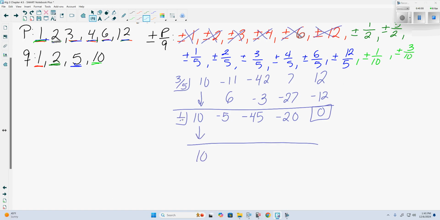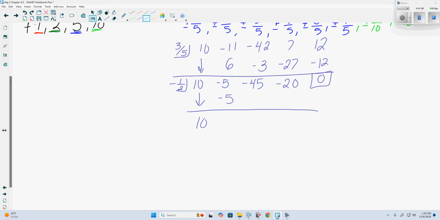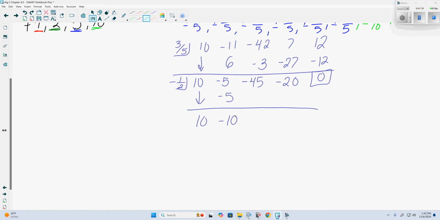Let's try 1/2. More specifically, negative 1/2. Negative 1/2 times 10, I'll tell you, is negative 5. Now, negative 5 plus 5 is negative 10. Negative 1/2 times negative 10 is positive 5. Negative times a negative makes positive. Half of 10 is 5. Negative 45 plus 5 is negative 40. Negative 1/2 times negative 40. Negative times a negative is a positive. Half of 40 is